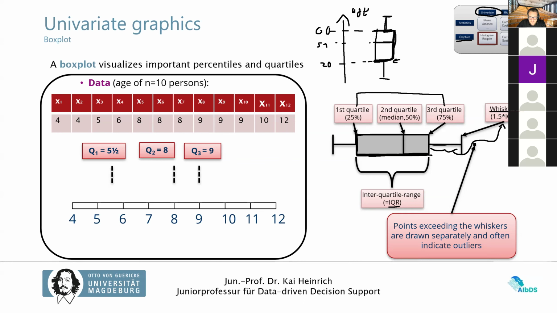And everything that lies beyond that is where outliers can be visualized, right? So this is usually how a box plot works. And this gives you a nice idea of the data. So for example, here we would have the box plot for this type of data. If you want to do it, you can do it. Like we have here these values, quartile 1, quartile 3. And so this is Q3, this is 9, this is 5.5, this is 8, and the median is 8. And then you can see this is the box plot. This is 1.5 interquartile range. And yeah, so